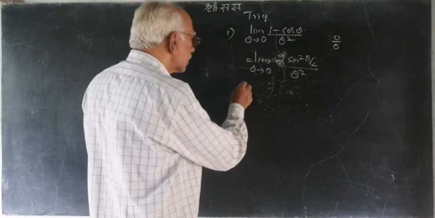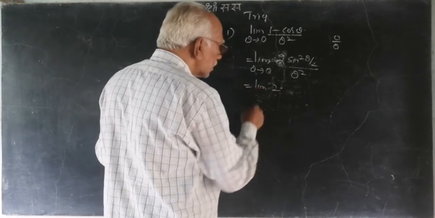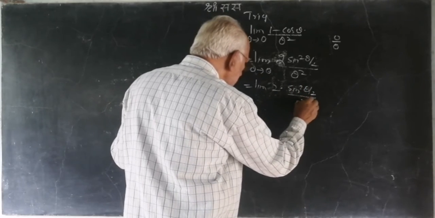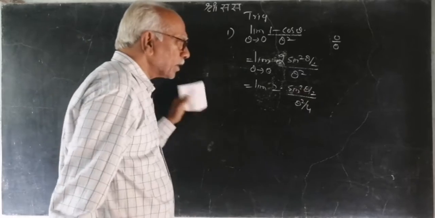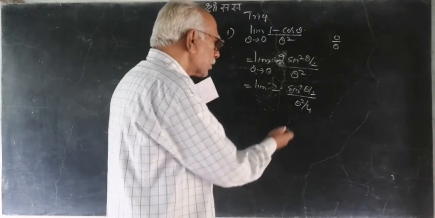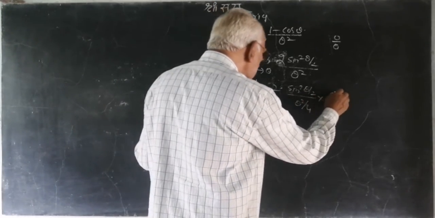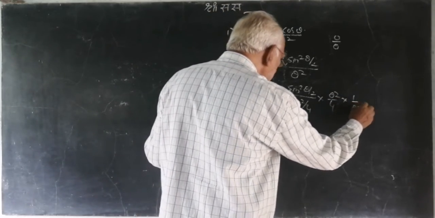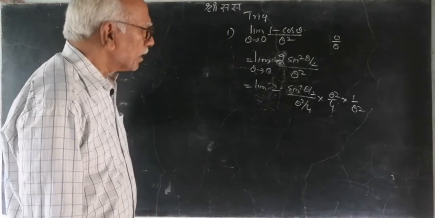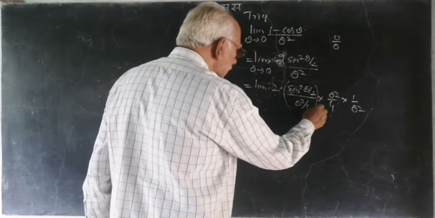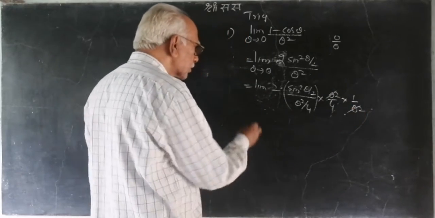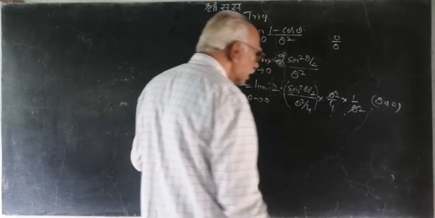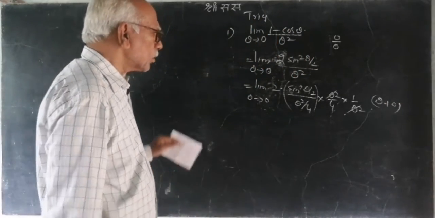So how can we write down the adjustment directly? 2, and then sin square (theta by 2) divided by (theta by 2) square. If it is cube, it is cube. And when we have divided, we have to multiply also as adjustment. What is our remaining factor here? 1 by theta square. So it is our main limit part. After that we can cancel theta square and theta square, provided theta is not equal to 0, because theta tends to 0. So now we can put the limit.